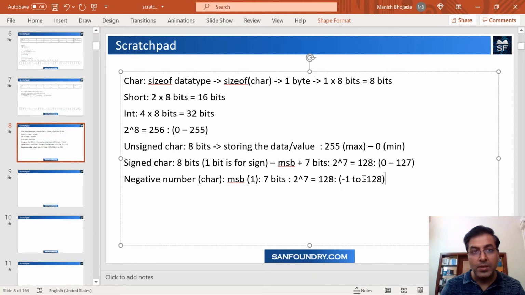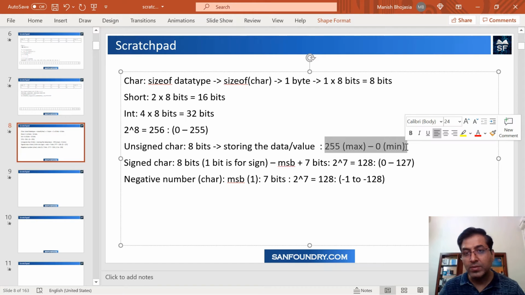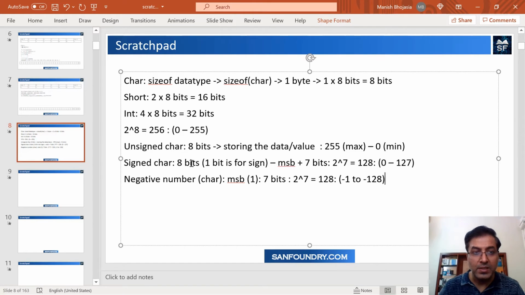So in summary, how are we calculating the value? We calculate the value by understanding whether the data type is signed or unsigned. If it is unsigned, the job is easy because we have a range between 0 to 255. However, if it is signed, then we assign 1 bit of the byte as a sign. If it is positive, the range is 0 to 127. Remember, the range is still 128. If it is negative, the range is still 128, but it goes from -1 to -128. This explanation allows us to understand how we arrive at these values.